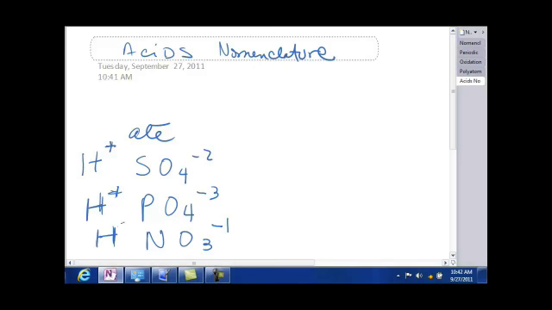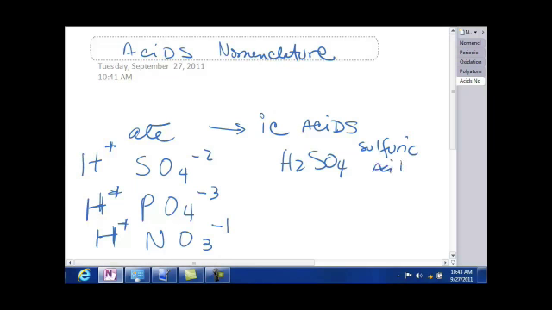And when they do that, they form an acid, and those acids are going to end in ic. So what would be the formula for the first one? All I'm asking you to do is crisscross, crisscross, crisscross, assuming oxidation numbers are clear. H2SO4, the name would be what? Sulfuric acid. What about the next one? H3PO4, and the name would be